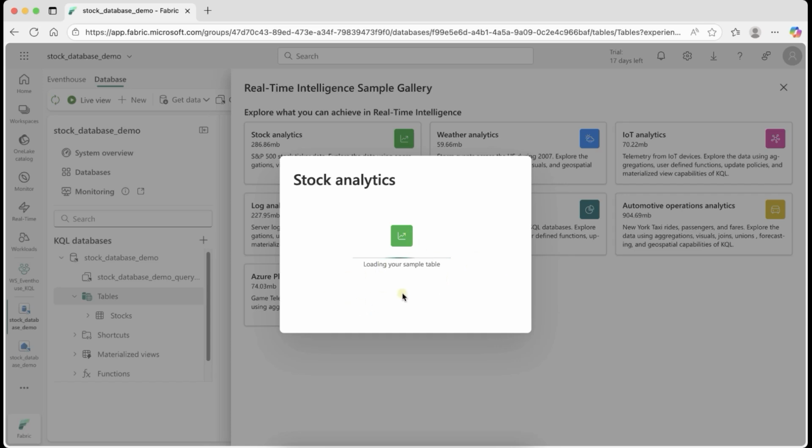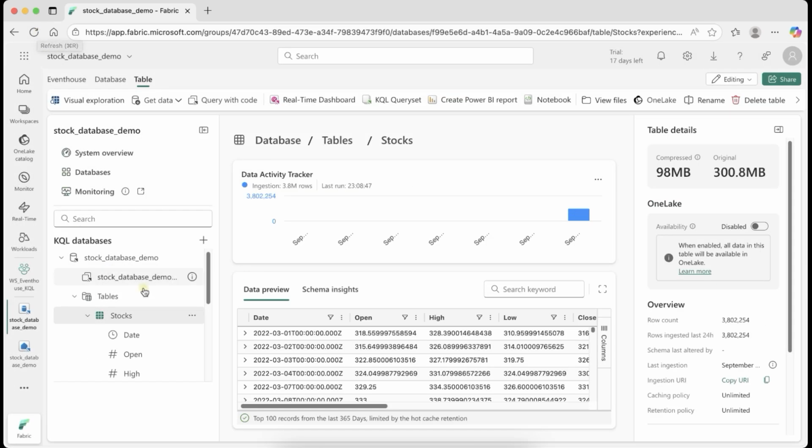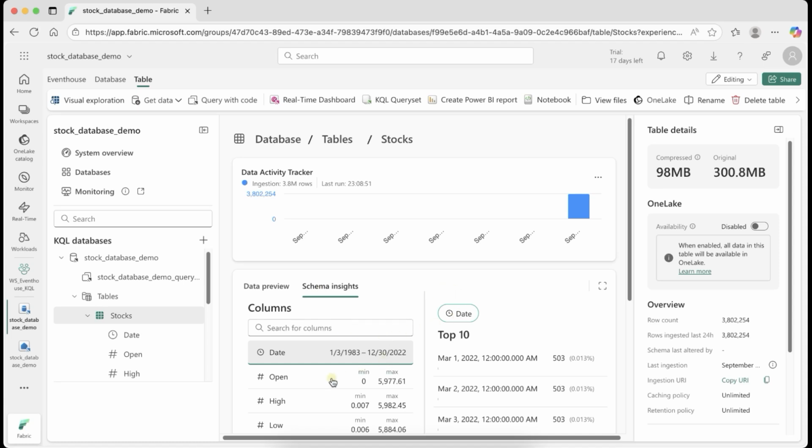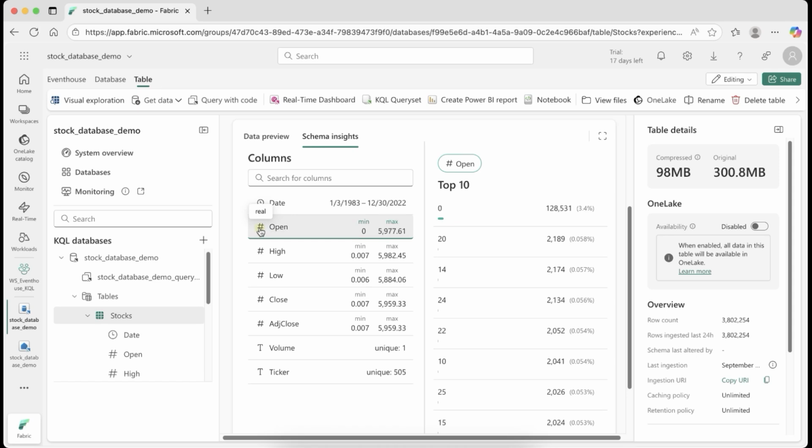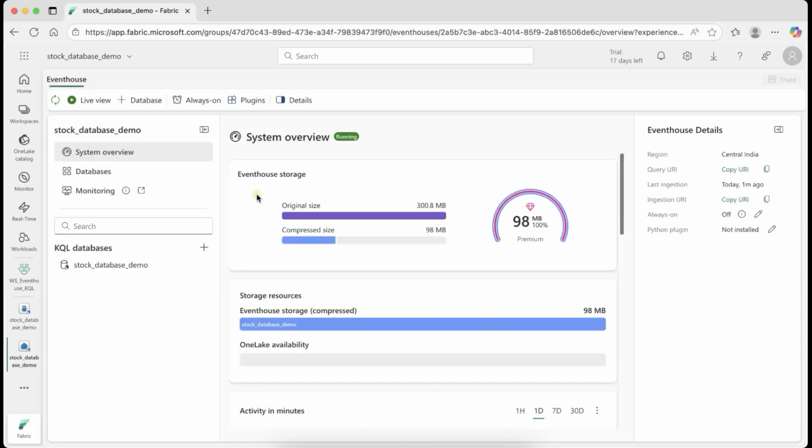So this data is still loading. Now you can see the stock dataset is loaded and has created a table called stock. If you click here you can see a preview of the table data, and if you click on schema you can see the column names and their data types, and sample records for the top 10. Here is the date and its data type, this is open, which is a numeric or real data type, and this is a string data type, then volume and ticker. And if you click on system overview, you notice the original size is 300 MB and the compressed size is 98 MB,